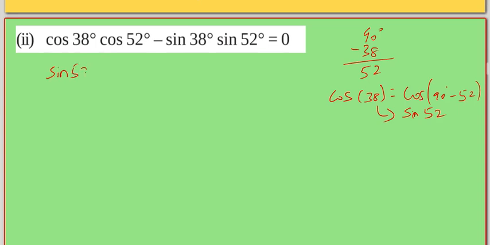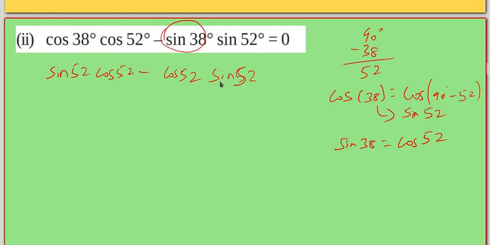So sin 52 cos 52 minus, here we will change any one. This sin 52 is there, sin 52 here also is there, and next to this is cos 52. So let me change this one. How can we write sin 38? Sin 38 equals cos 52. So in place of sin 38 we can write cos 52, and let me write the other as it is, sin 52.